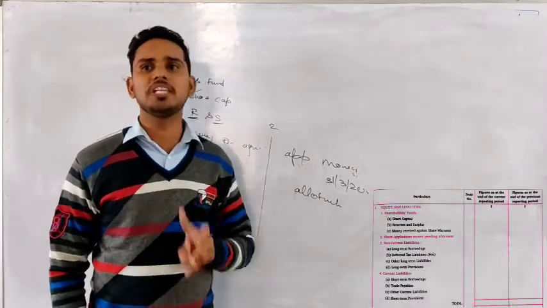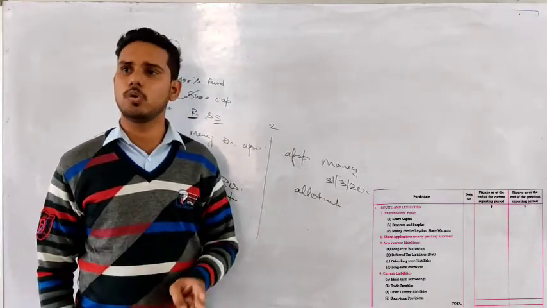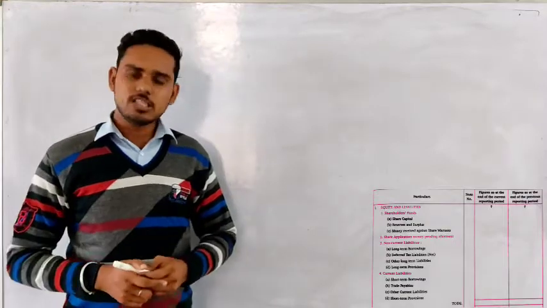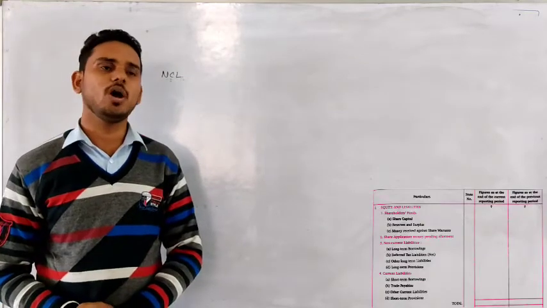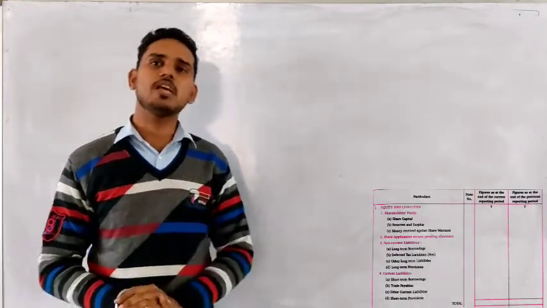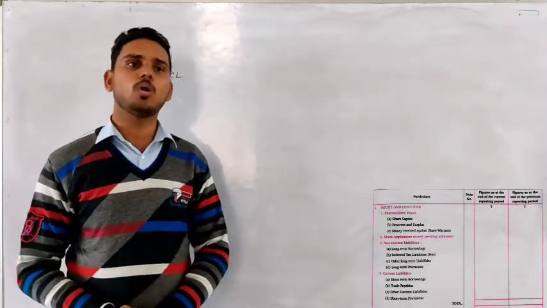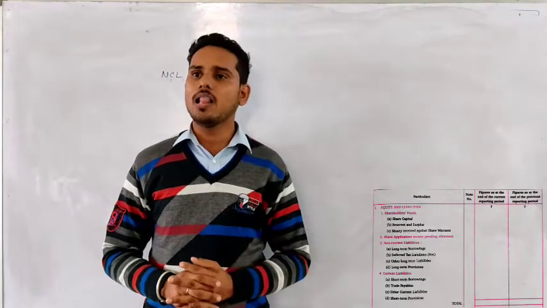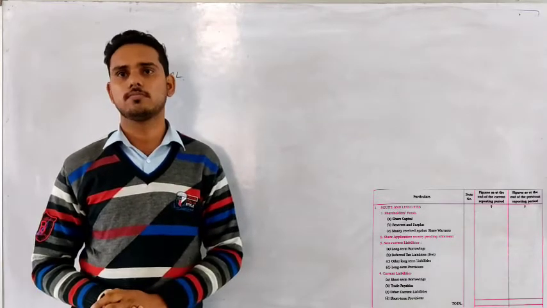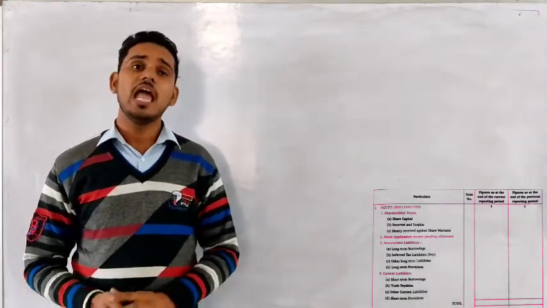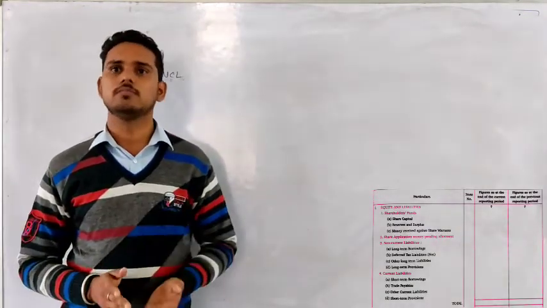Right? Now there are two major heads left on the equity and liability side. The third one is non-current liability and the fourth one is current liability. In non-current liability, the company records four subheads. The first subhead is known as long-term borrowing. In long-term borrowing, the company will classify all the money which the company received as a loan or as a borrowing, and which is repayable only after 1 year.